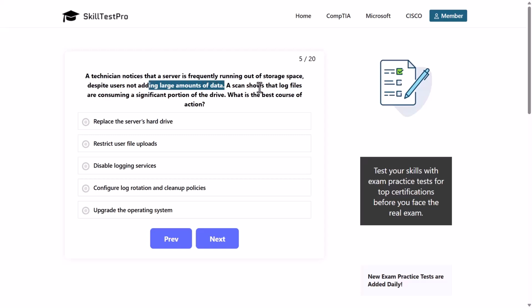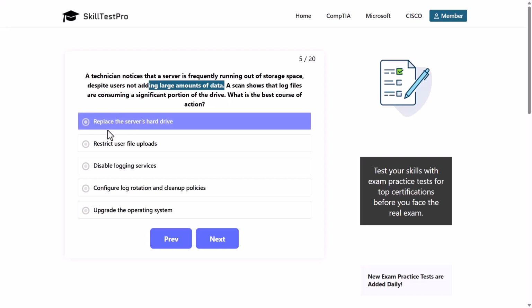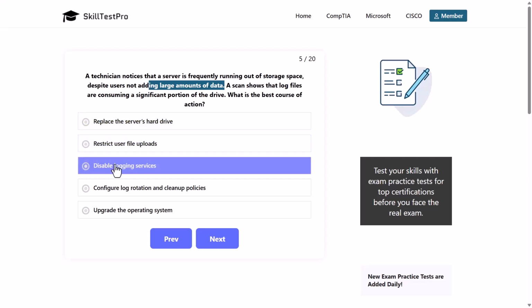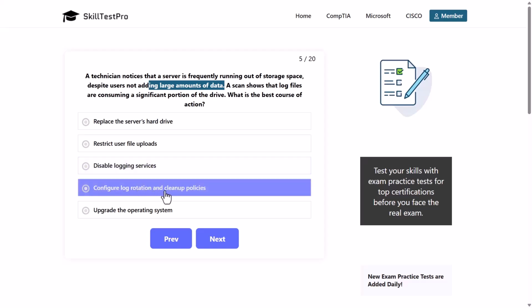A scan shows that log files are consuming a significant portion of the drive. What is the best course of action? Replace the server's hard drive, restrict user file uploads, disable logging services, configure log rotation and cleanup policies, or upgrade